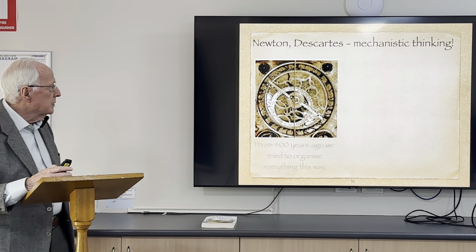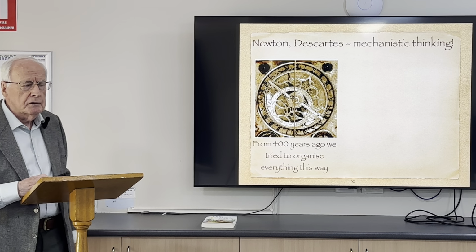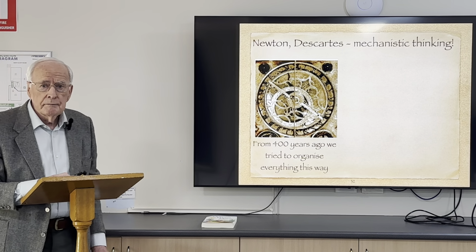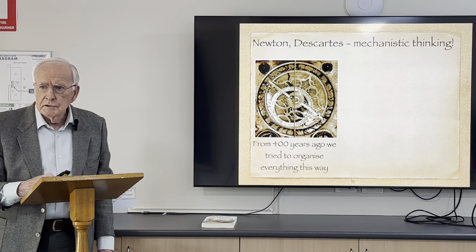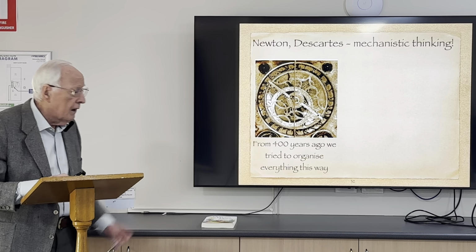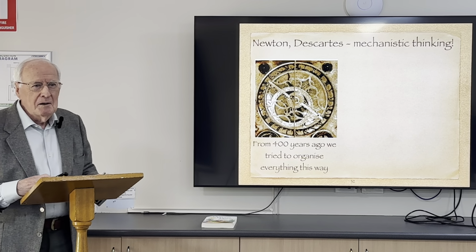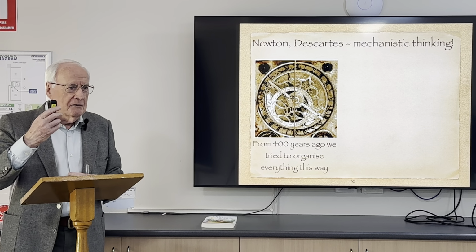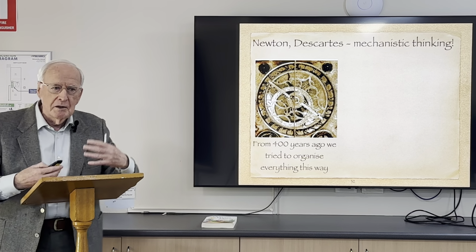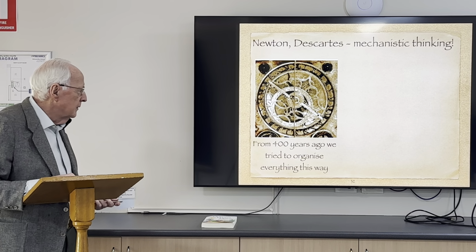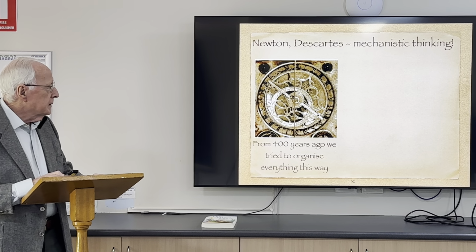So I've talked about this pair before. A great scientist, well, one was a philosopher, Descartes. He was a very good mathematician. Theologian, not so much. He's the one who coined, I think, therefore I am, which is fundamentally false, I think. Because we don't put our brains aside. That is an essential part of it too, but it's not the only thing. You have to measure it up with the rest of what makes you human, makes you a person. So for 400 years, we've been trying to organize everything that way. Tick-tock.